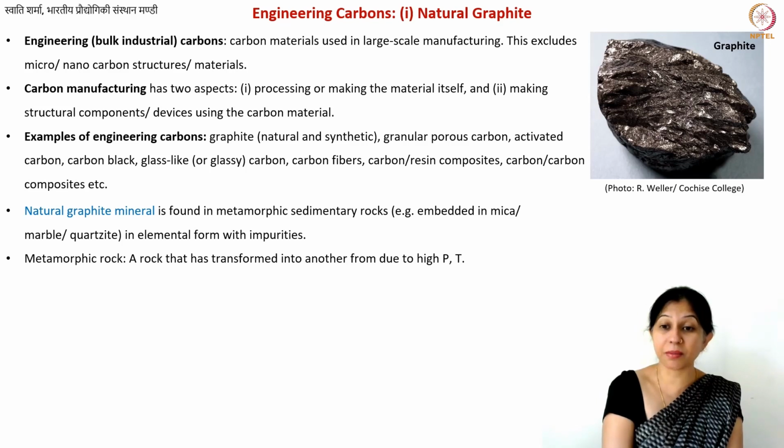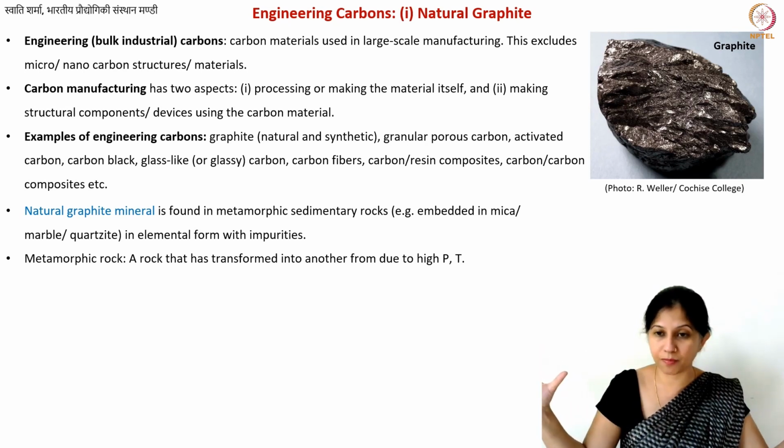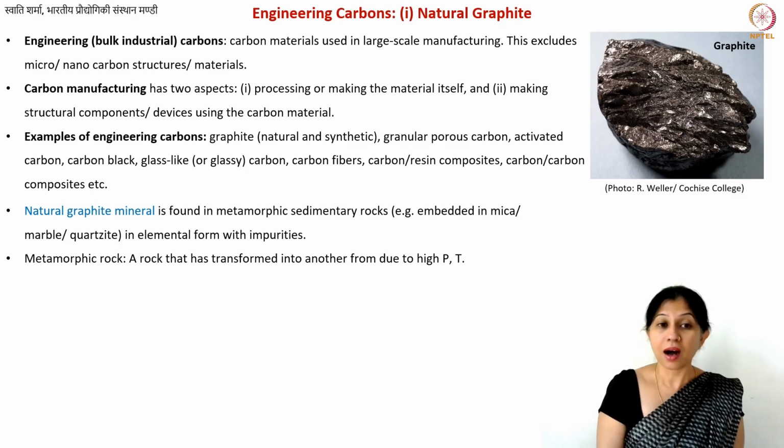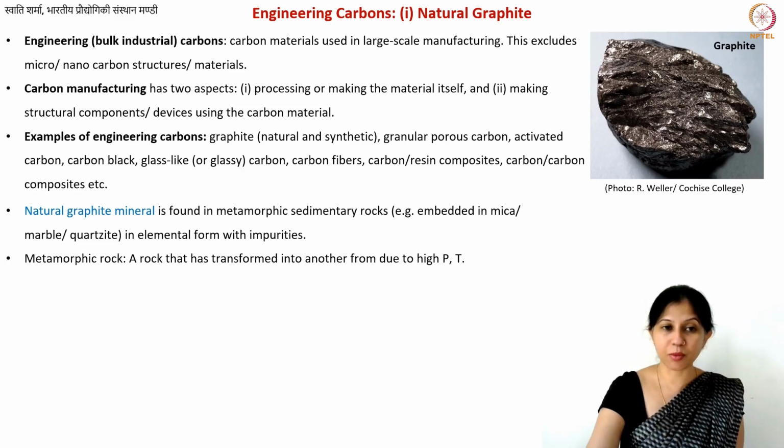Similarly, you have a lot of sedimentary rocks, especially in the Himalayan region. You know what sedimentary rocks are. They are formed by the sediments, because at some point two pieces of land collided and so on. But over several thousands of years, their form changes. Also, they experience a lot of pressure and temperature conditions, or sometimes, because of tectonic movements, they experience sudden pressure and temperature. And because of that, some organic material in these rocks may convert into graphite. So typically, natural graphite is found in the metamorphic rocks.